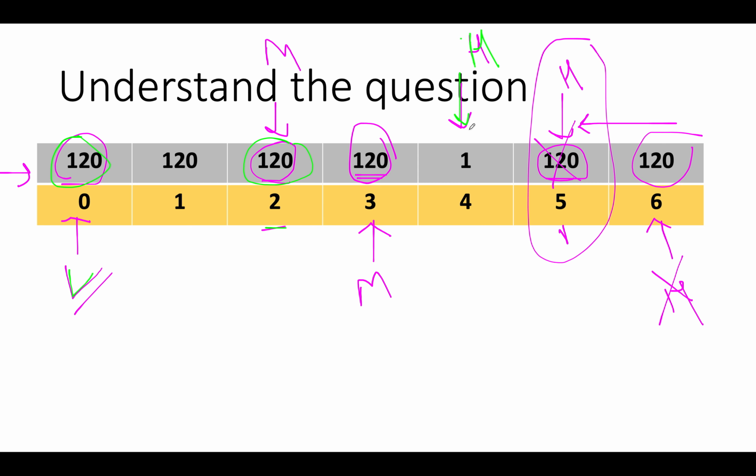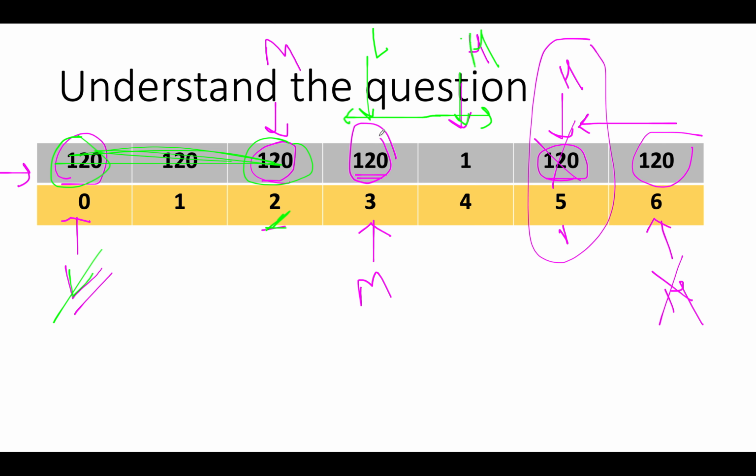Can we make a decision now? The answer is yes. And why am I saying this? Because the element at the middle index happens to be of greater value than the higher index element. So the minimum will lie in this part only. So what do we do in such cases? We update low to mid plus 1, and we can simply disregard these three elements. So low gets updated to mid plus 1, which is 3.